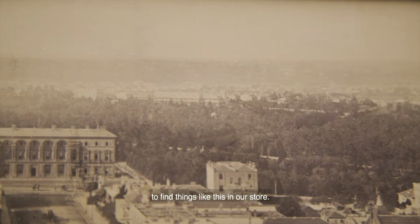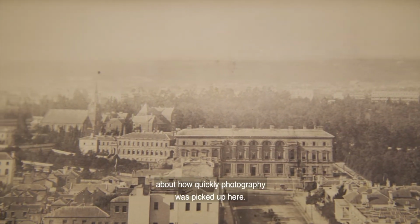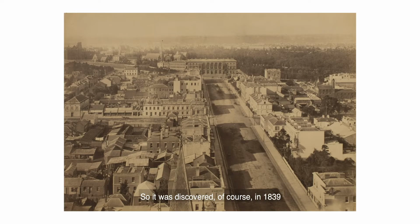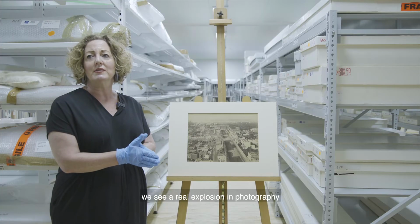in our store. And I'm always fascinated in terms of Australia as a colony about how quickly photography was picked up here. So it was discovered, of course, in 1839, and the first photograph was taken in Sydney just 2 years later. And by the time we get to an image such as this, we see a real explosion in